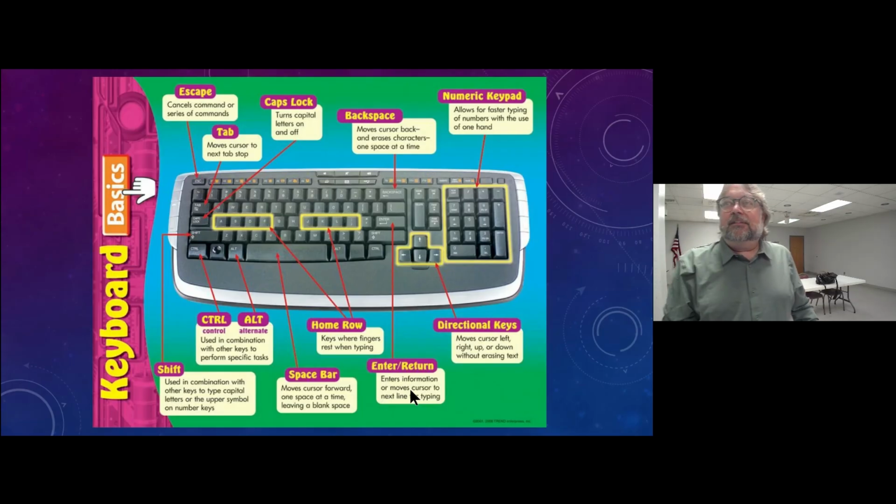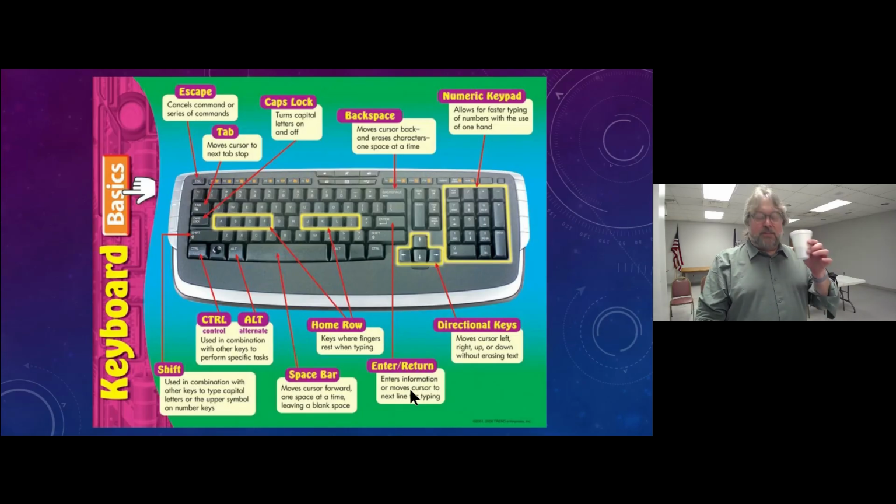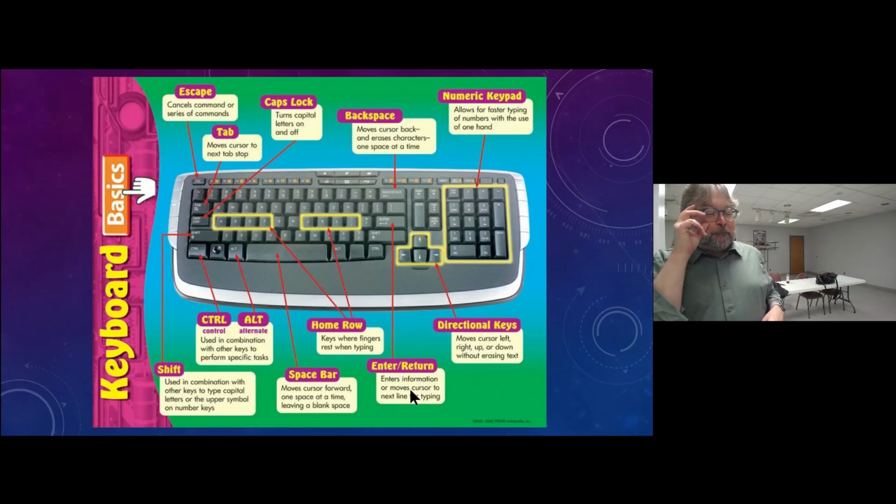My class, they had to know ASDF. Yeah, ASDF. JKL semicolon, right? That's right. So that's your home row. Yeah, that's where in typing they taught you to. They had to know how to properly key,